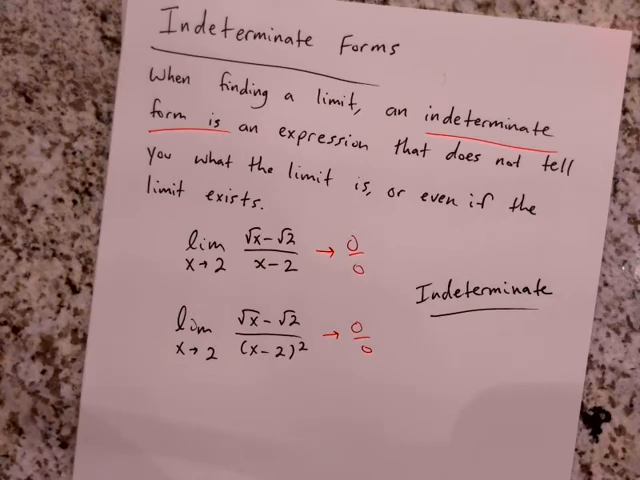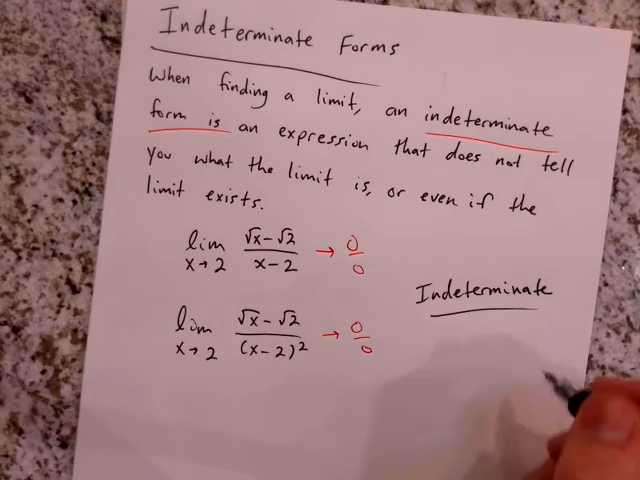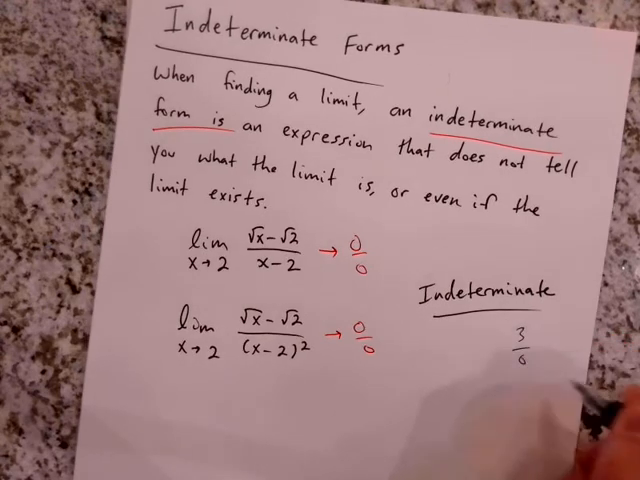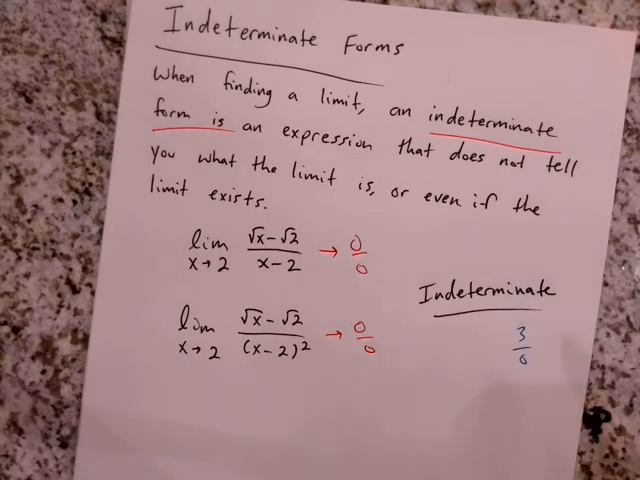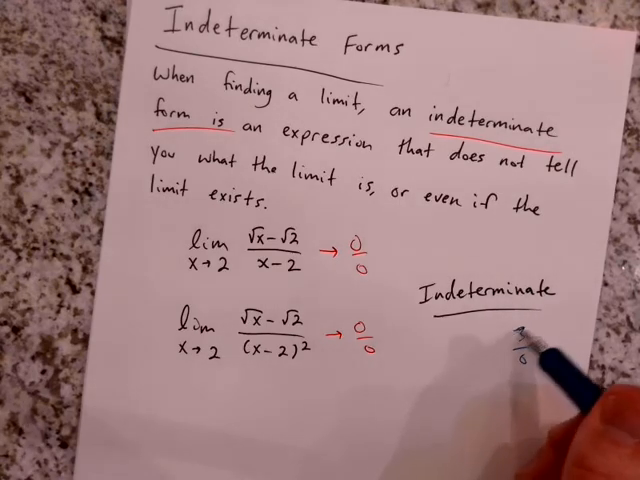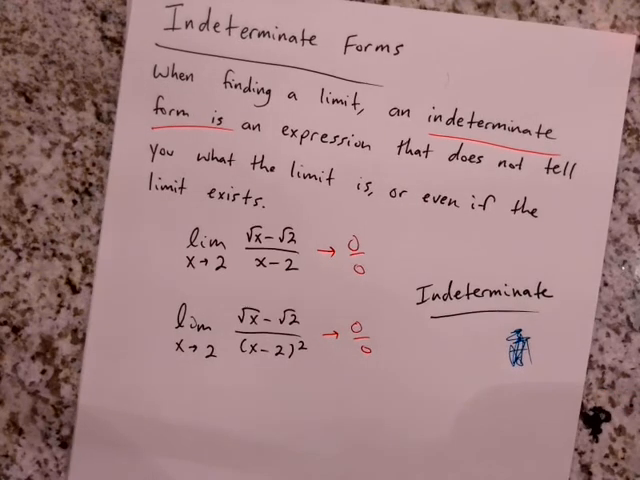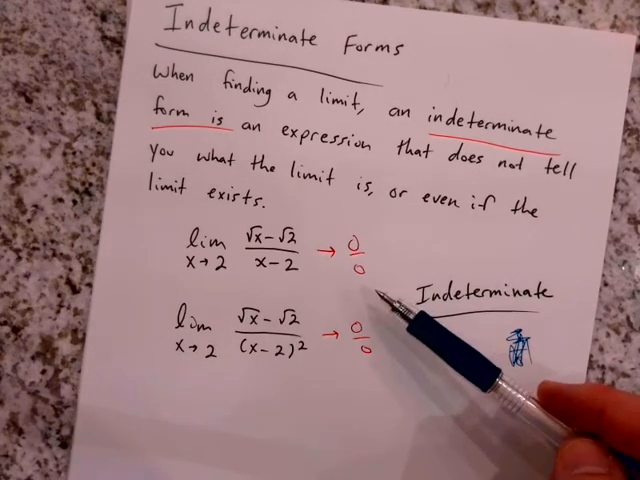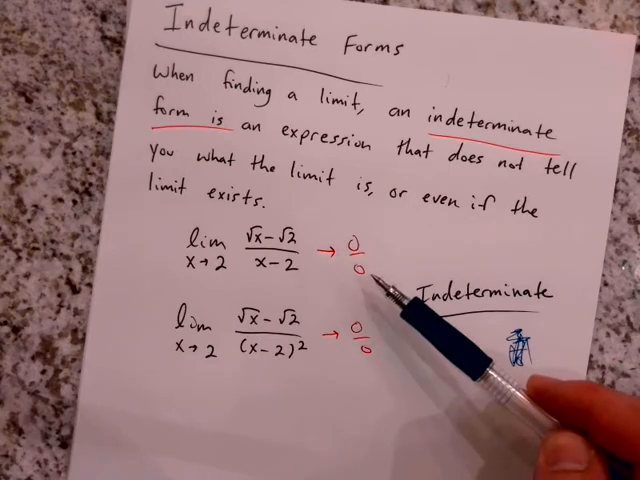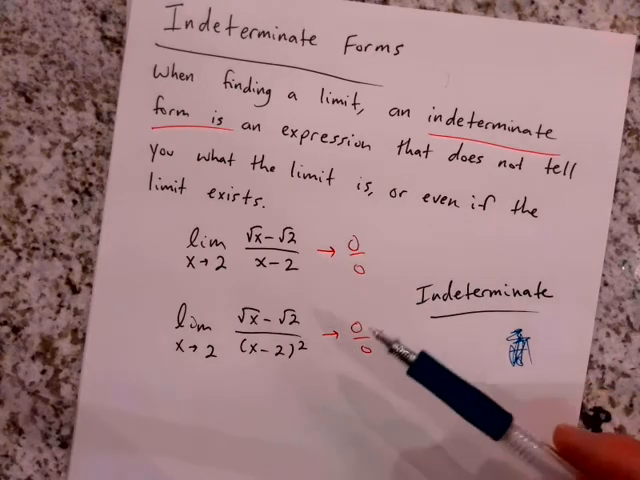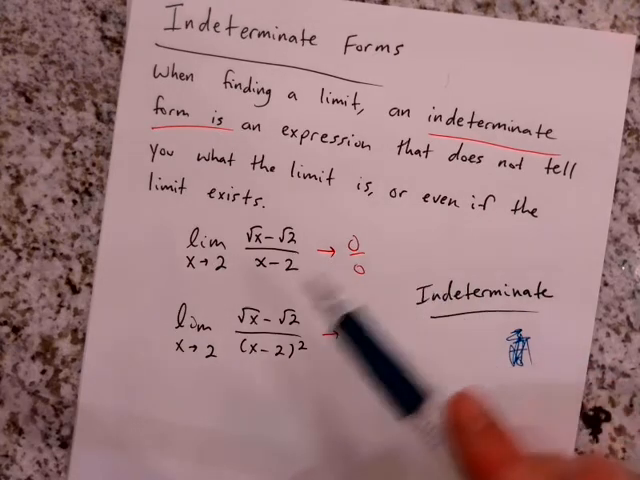Like we went over in the first lecture of the term, if this gave us 3 over 0, then we know that the answer doesn't exist, but it's either negative or positive infinity. But 0 over 0 tells us nothing, because this means that there's a factor of 0 in the numerator and a factor of 0 in the denominator, and those two powers of 0 are canceling out